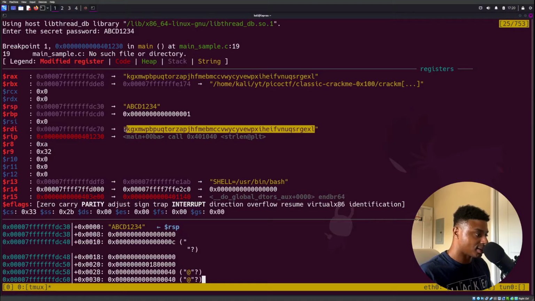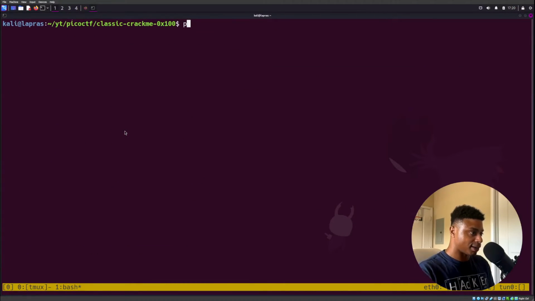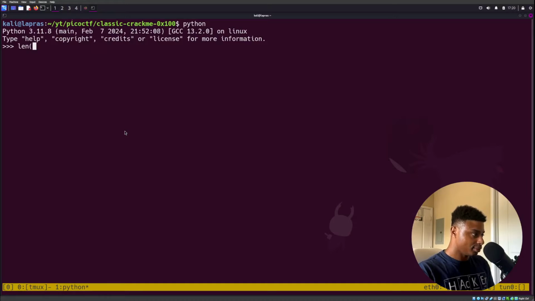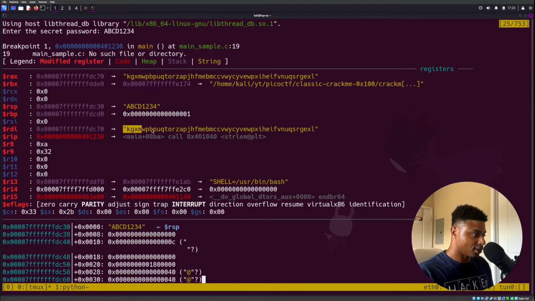So is this 50 bytes? Like we saw this in our ltrace output, but some of it was cut off. If I grab this and open up Python again, just look at the length of it. So it is 50. So if I enter this,